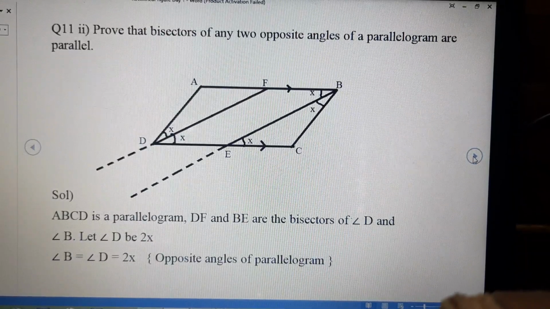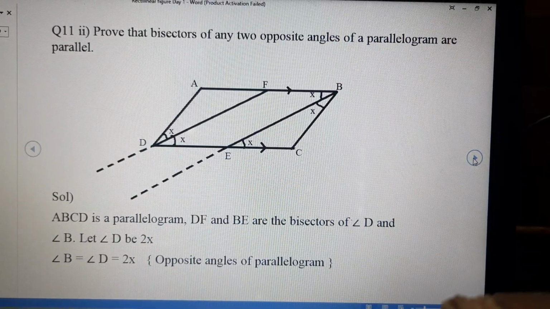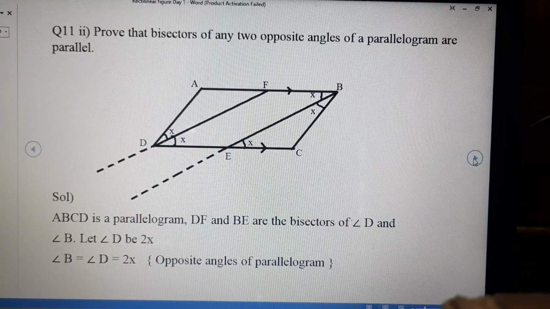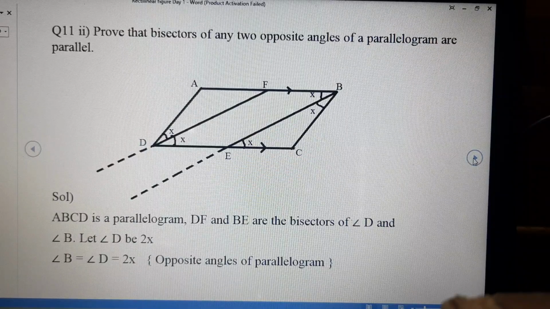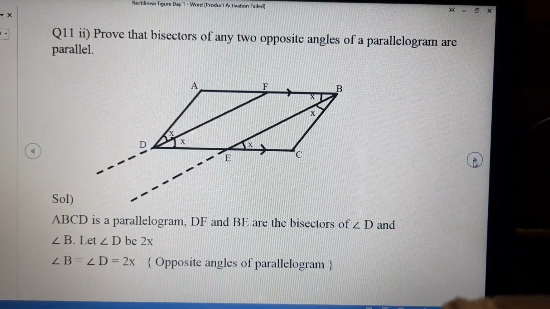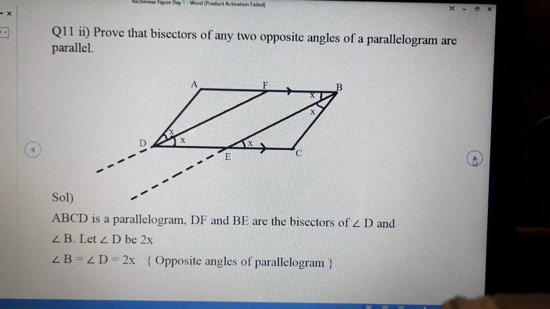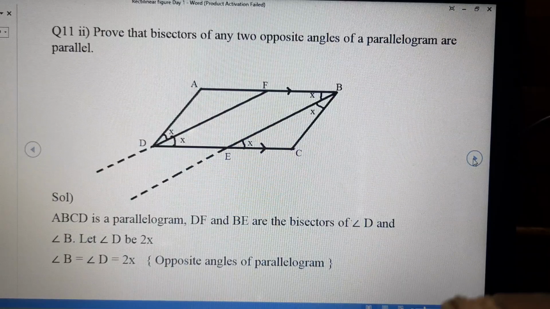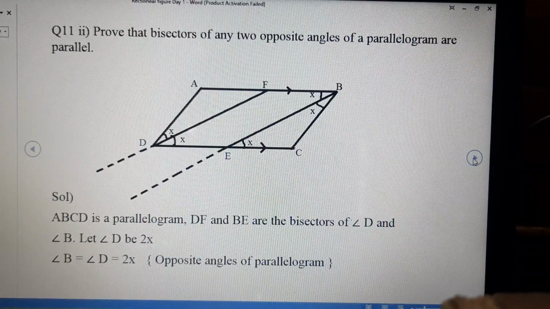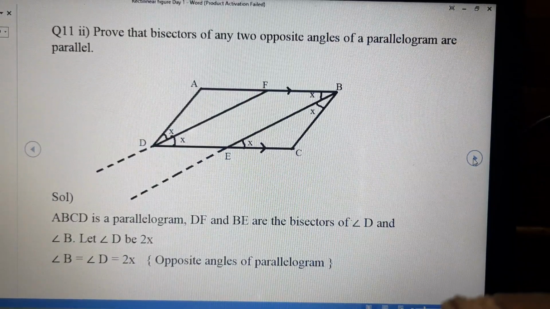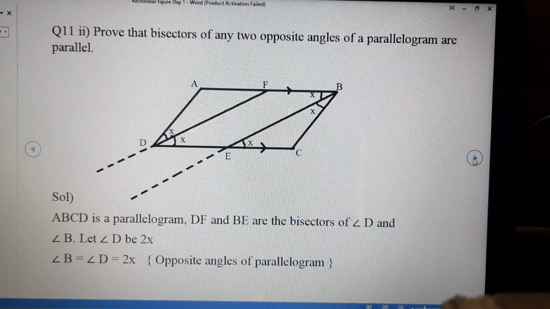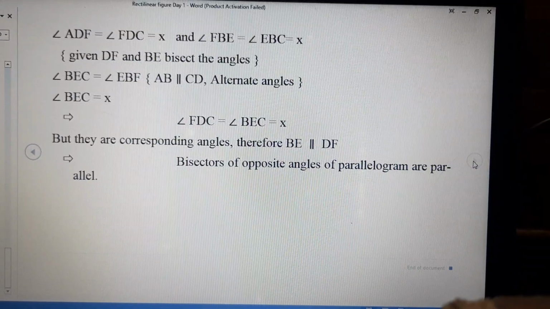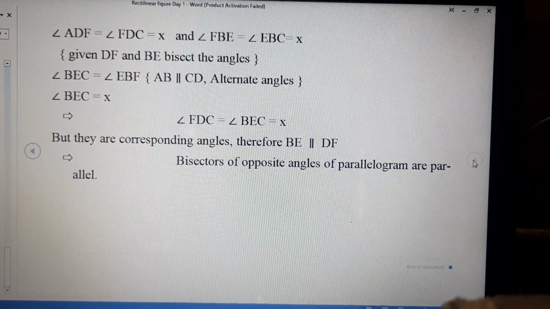This is the property. If two lines have been given and we don't know whether they are parallel or not, but if either alternate angles become equal or corresponding angles become equal, then we can tell. Corresponding angles and alternate angles will exist whether lines are parallel or not. If lines are parallel, then alternate angles become equal. They exist, but they are not always equal. And if alternate angles are equal, it means the lines are parallel. Or if corresponding angles are equal, then the given lines are parallel to each other.